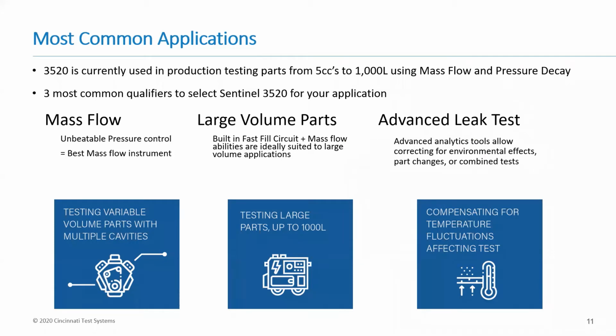And that's really led us to finding some common applications, some sort of qualifiers of where there's justification or the necessity for some of the things I'm going to talk about with 3520. And that really falls down to 3 specific questions that I ask myself when I'm first talking to a new customer or an existing customer with a new application that they don't know how they want to solve it. Is number one, if the specification says mass flow,